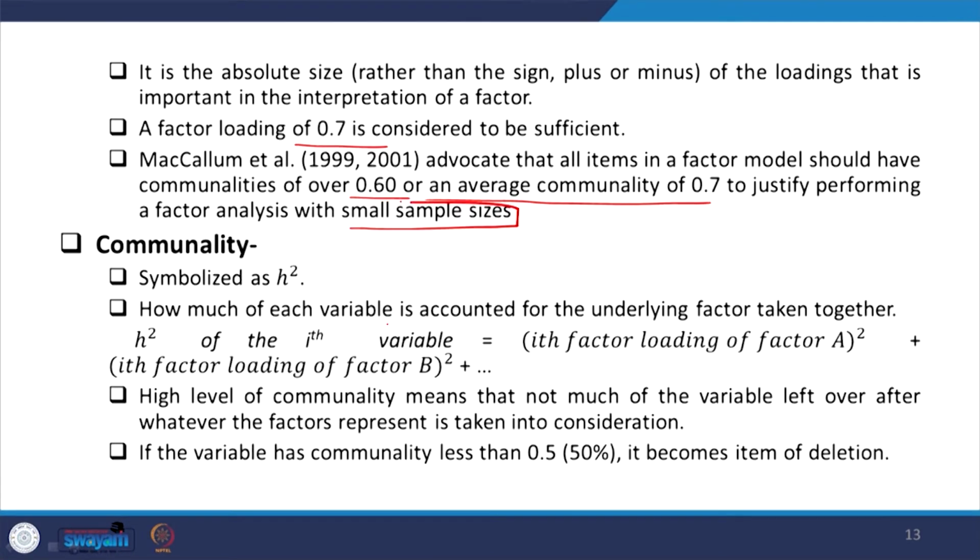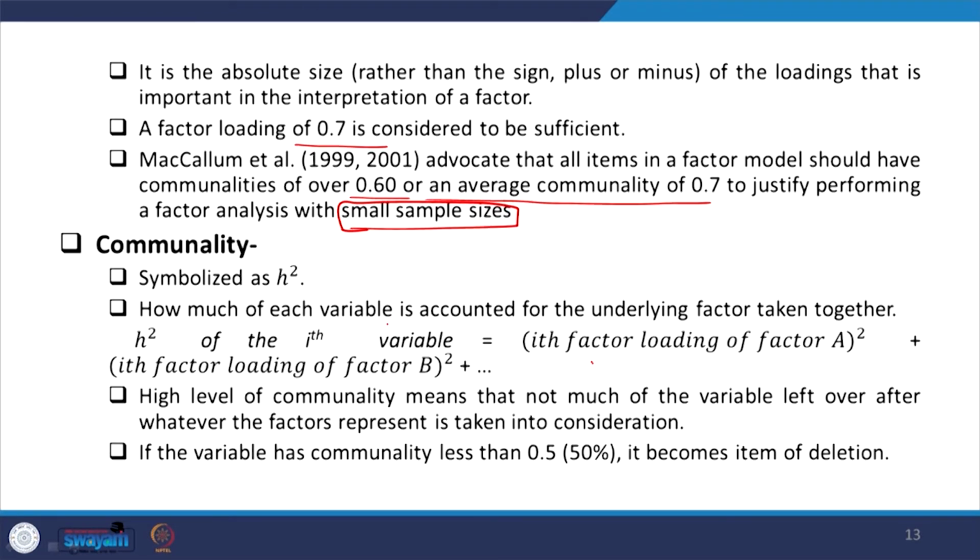Usually it is suggested to go for a large sample size estimation, but individual researchers who do their own study usually go for a small sample size. So, in that case, as the standard thumb rule for your approach of going for factor analysis, to test whether it is fine or not, you must stick to the standard rule, that is 0.7. Okay. A factor loading of 0.7 must be maintained, then only your factor analysis is expected to be correct.